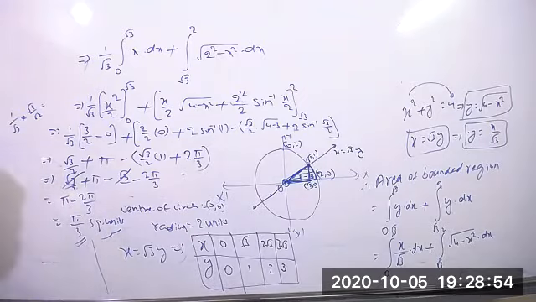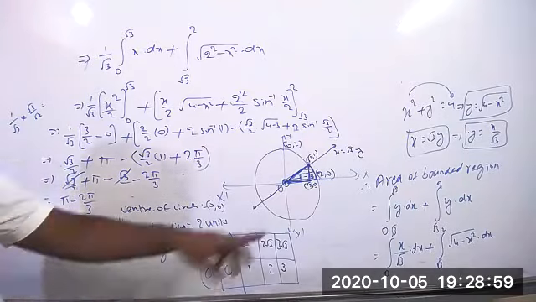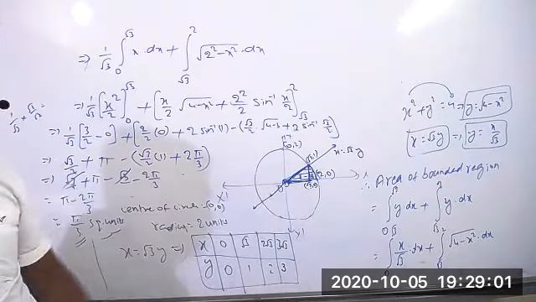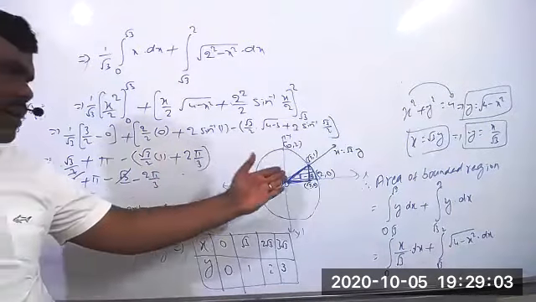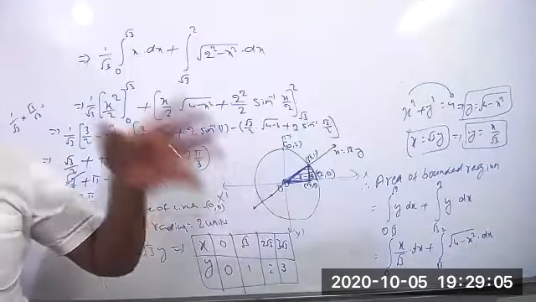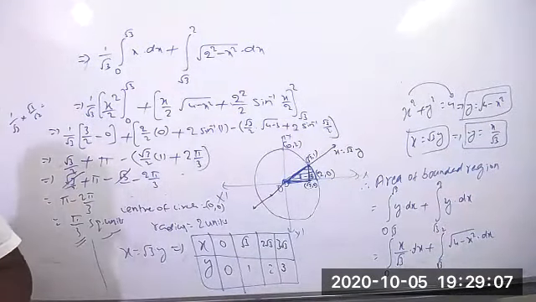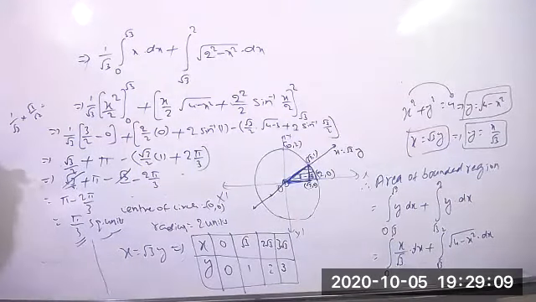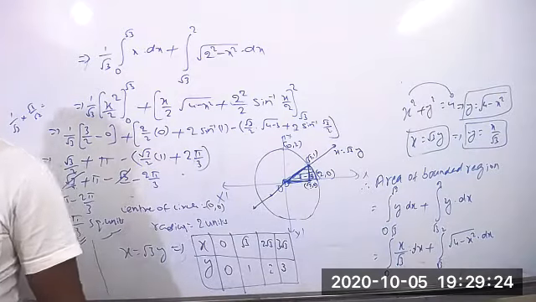Actually the problems are very easy, but for starting, finding the limits is more important. And how to divide it into two parts is also more important. So if you remember all these keywords and key points, the problem is very easy. Is this question clear now? Any doubts? This type of model is more important.